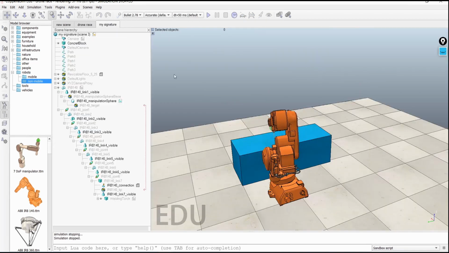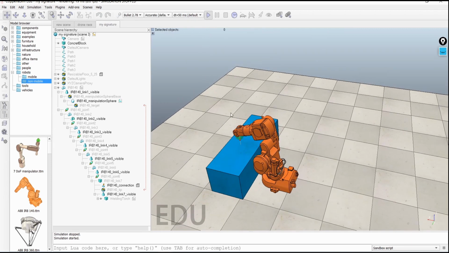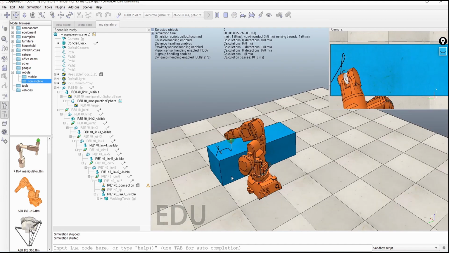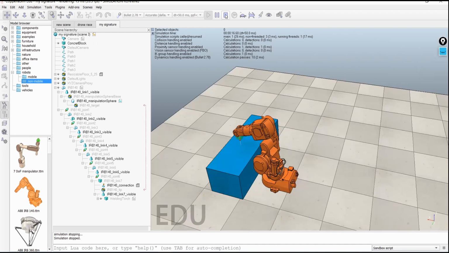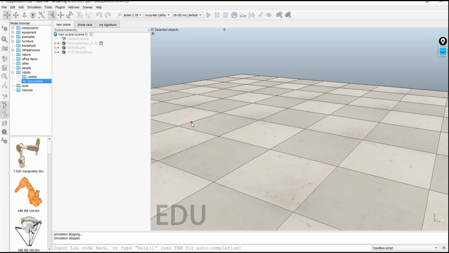Same way, I've also made a robot arm, which is also writing something following a line. You can see over here also. So we are going to talk about how to make such line following simulations in VREP. But before that, we will first talk about how to make a path.